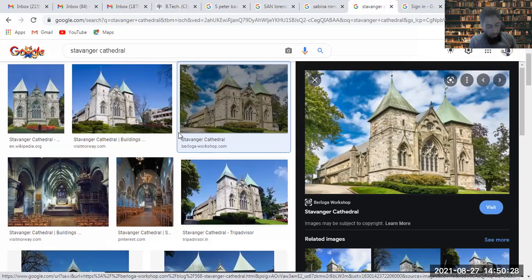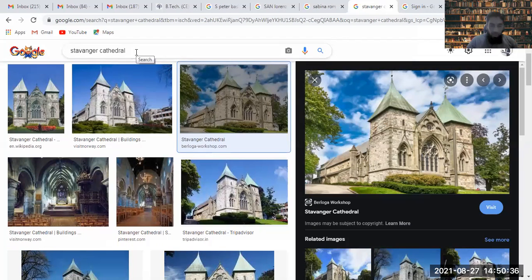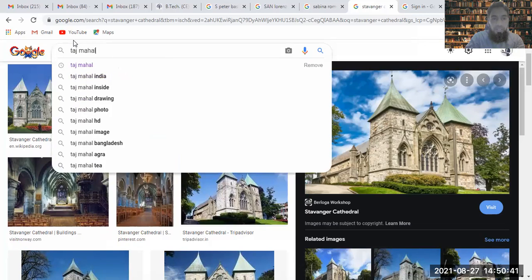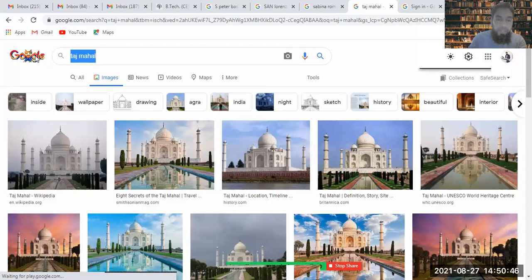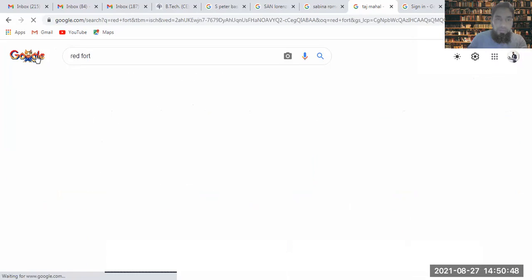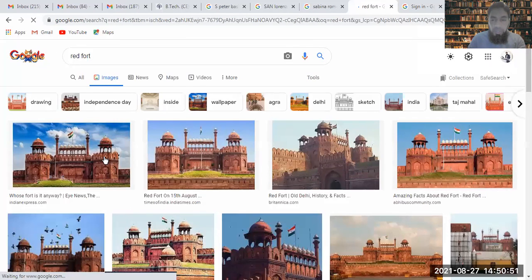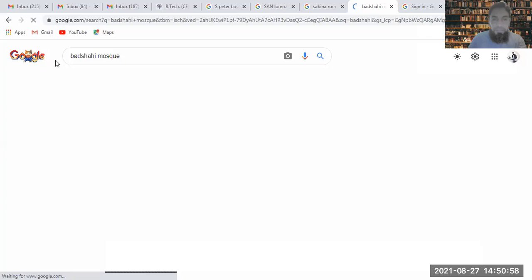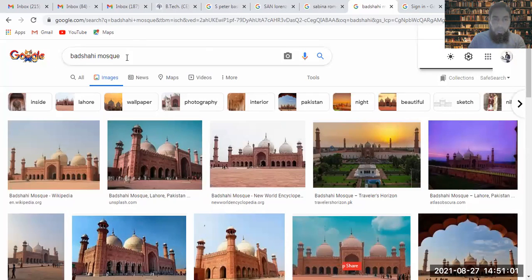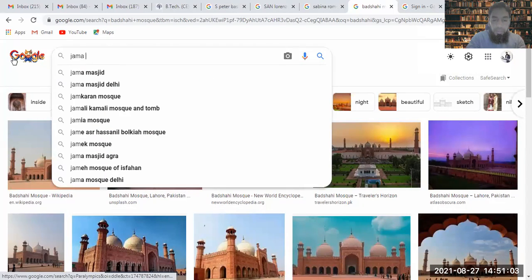So when you look at the Mughal architecture, and in Mughal architecture, you are all aware of different constructions, the Taj Mahal being one of these. There are domes. Then you have the Red Fort. Again, the domes being used here. The Badshahi Mosque. Again, the domes being used. The Jama Masjid.